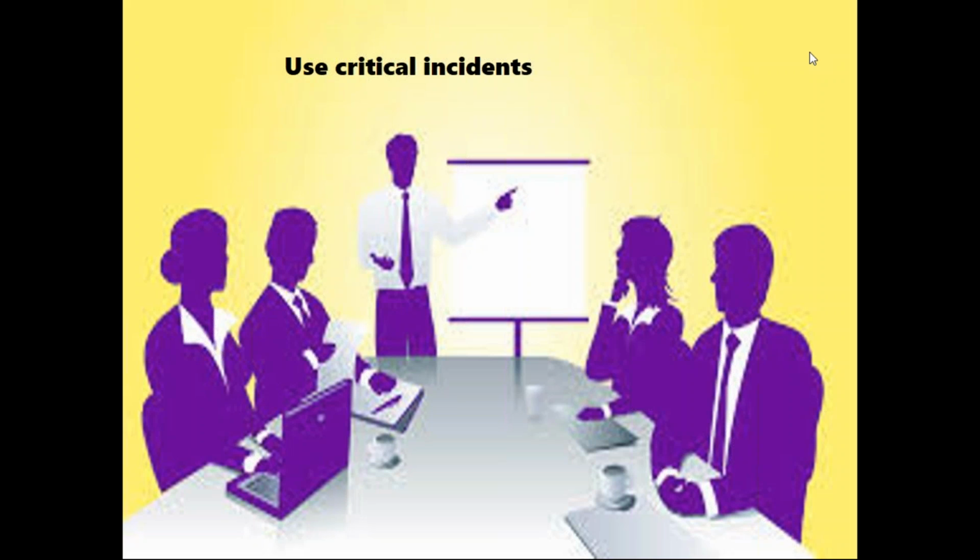Now, it might simply be that you continue to do what you're doing, or you all agree that that's the right way to do things. So the third question really does get a collective view around what we need to do as a result of this critical incident. All right, so use critical incidents, and if you're worried about what people might be thinking in terms of their own involvement, just start the meeting by saying to people that we don't want to talk about anyone in particular here.